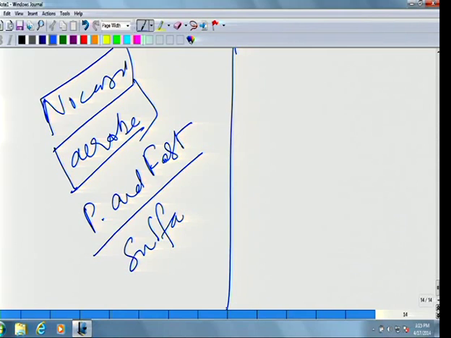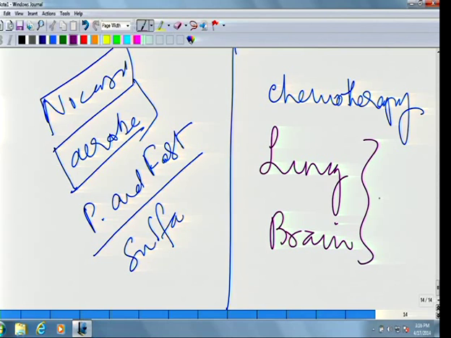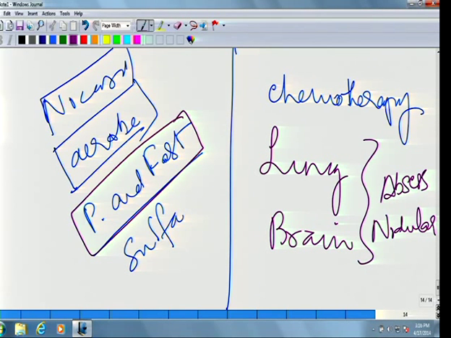And who gets nocardial infection? Immunocompromised, usually chemotherapy patients. And what are the two sites? Lung and brain. So they normally present with abscess or nodular lesions in the lung and brain. So classically, a nocardia patient with lung and brain lesions, and you can see the modified acid fast. That's the most important, partially acid fast or modified acid fast stain of nocardia. Okay, then